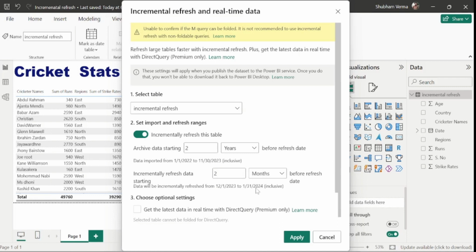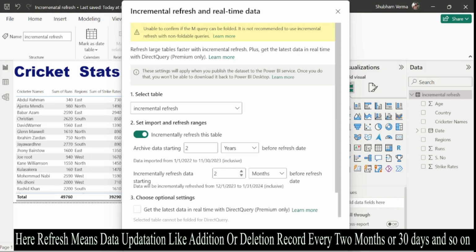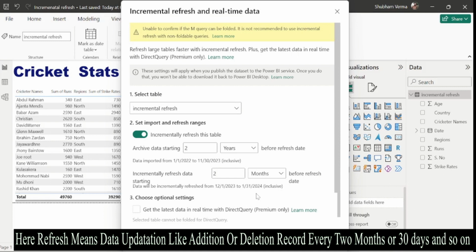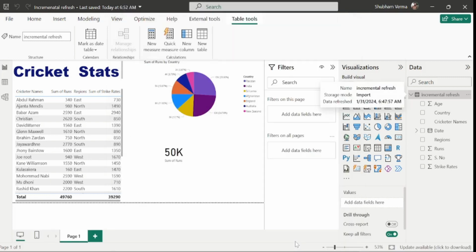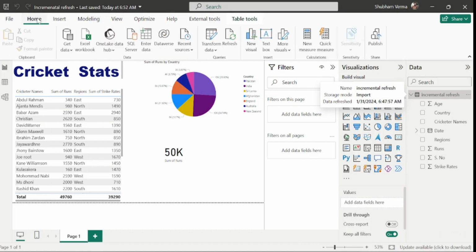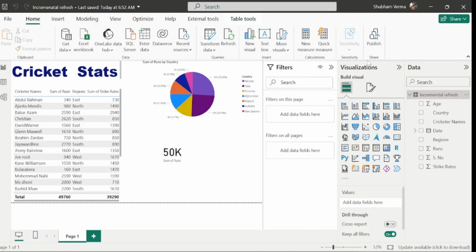And based on your project's requirement, you can change the value. Basically in your projects, if the data keeps getting refreshed after 2 months, you can take 2 months. Let's suppose your data gets refreshed within 30 days, so you can enter 30 days here. It totally depends on your project's requirement when your data gets refreshed. Now click apply. So in this way we can apply incremental refresh. But this concept does not end here. So go here under the home tab and now let me publish this report